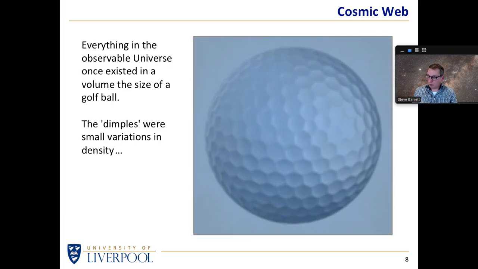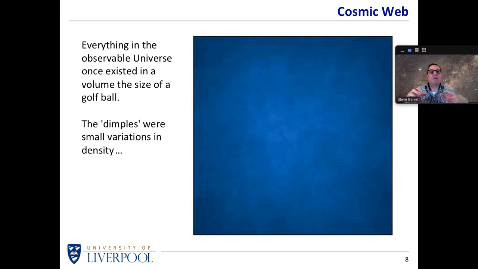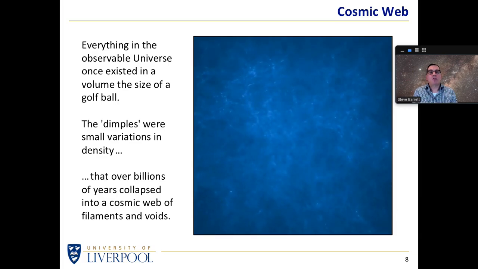And these dimples represent small variations in the density of the early universe, and we can run our simulations with those small density variations present, and then we apply the laws of gravity, that the gravitational force between two objects depends on the mass and the distance between them. We simply run that simple idea and see how that chunk of mass behaves. In this case, we're taking a large cube of matter because that's the way the simulation prefers it, and we're just going to let gravity do its stuff over a few billion years and watch what happens.